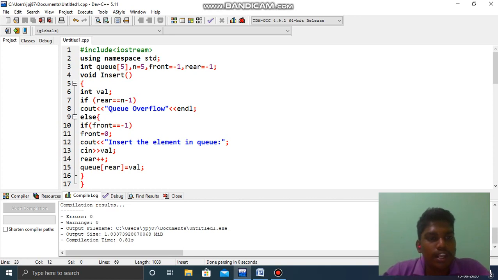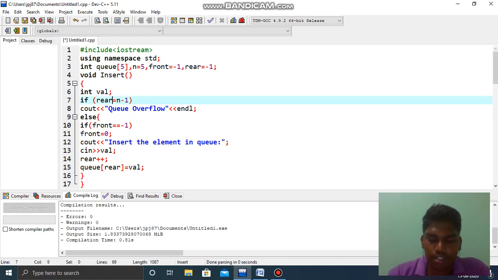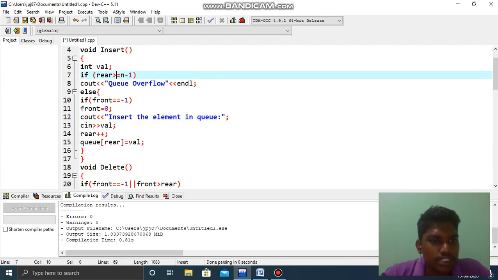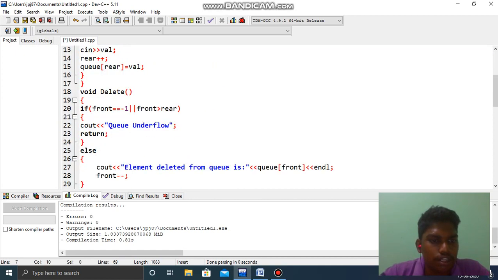So here if rear is equal to 4, it's queue overflow. Rear greater than or equal to n minus 1 means queue overflow. Else, if front is equal to minus 1, it asks the user to enter the element which you want to insert in the queue. Then rear plus plus, queue of rear equal to val.